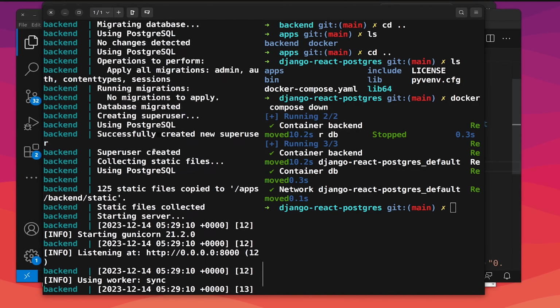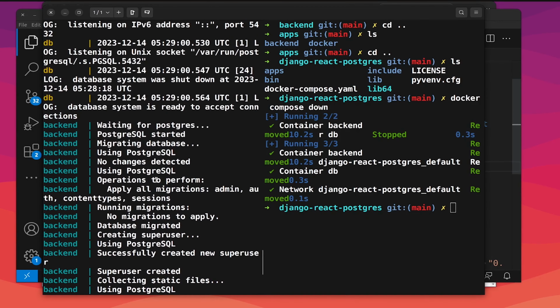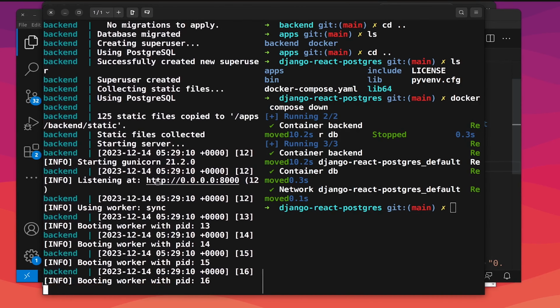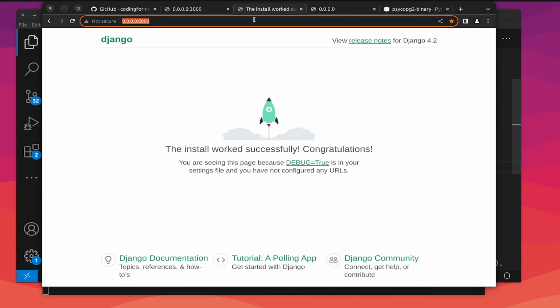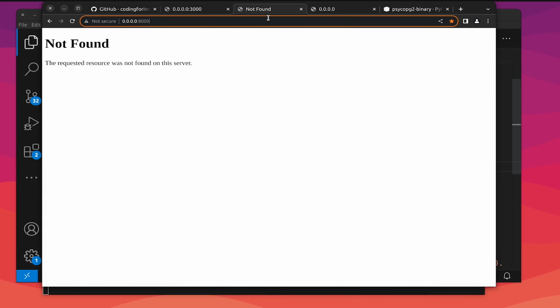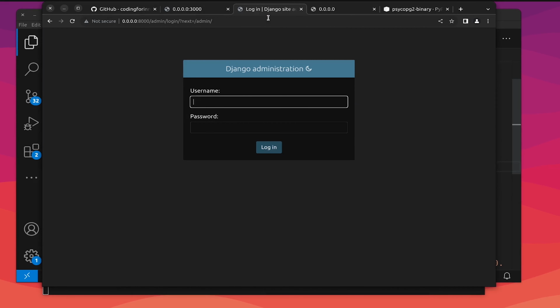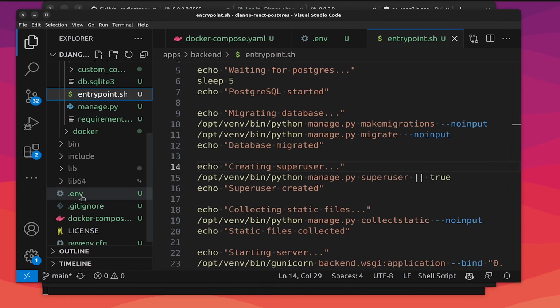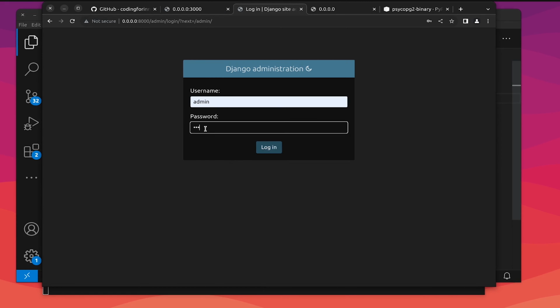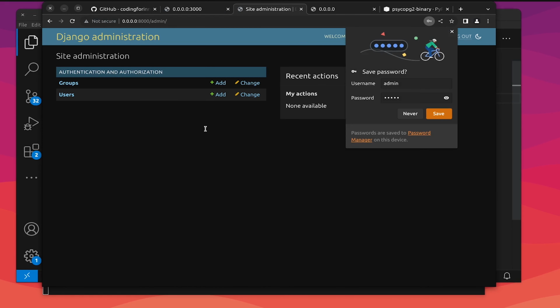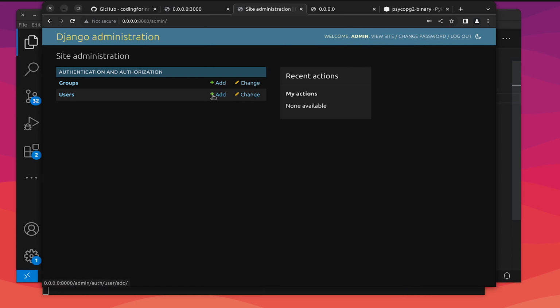Okay, so this time all the commands ran perfectly, and now let's go to port 8000. But let us go to the admin. Yeah, everything is actually working. I forgot what password I gave, so it is actually admin. So both are admin. So I'm able to go to my database and I'm able to log in, and this